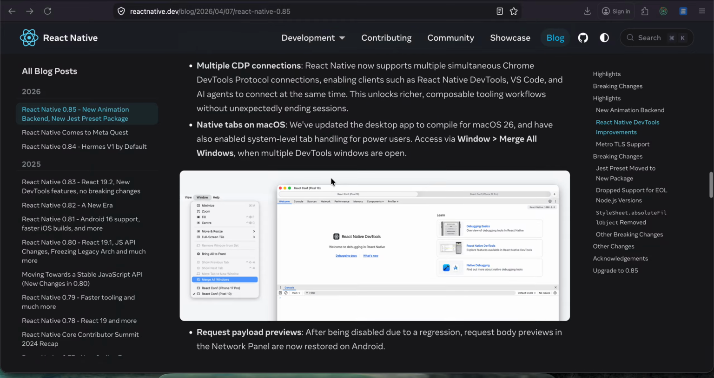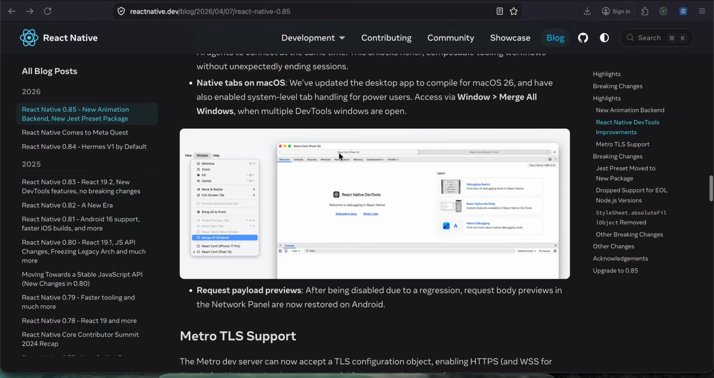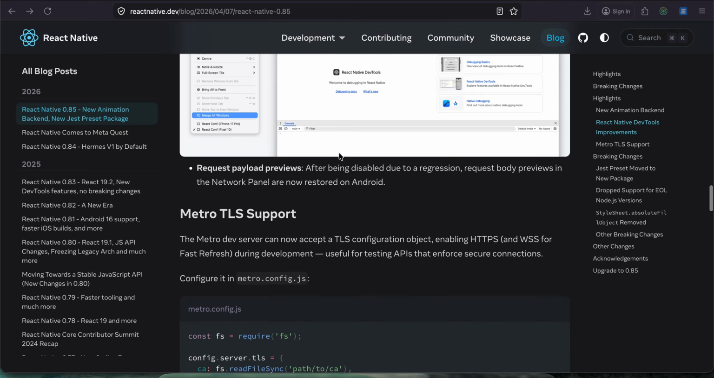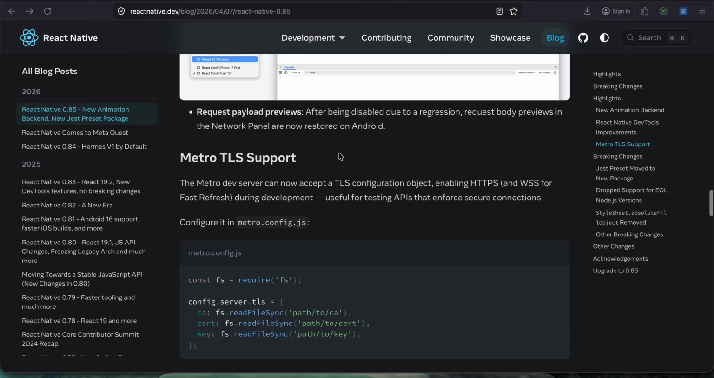Native tabs on macOS. We have updated the desktop app to compile for macOS and have also enabled system-level tab handling for power users. Access via Window, Merge All Windows when multiple DevTools windows are open. Request payload previews: after being disabled due to a regression, request body previews in the Network panel are now restored on